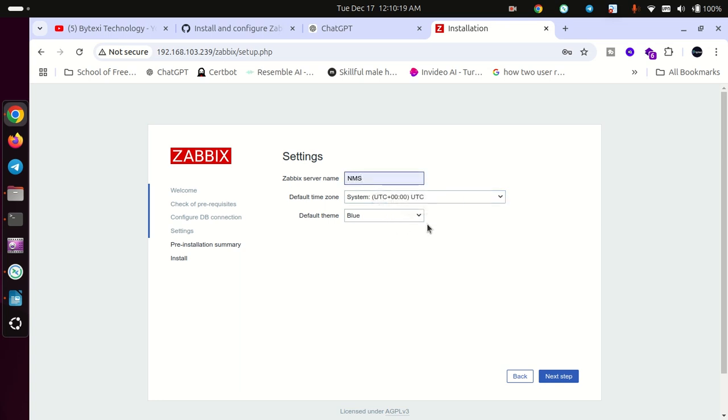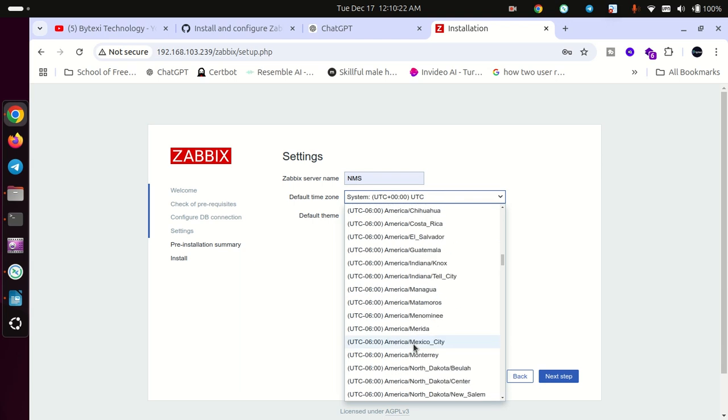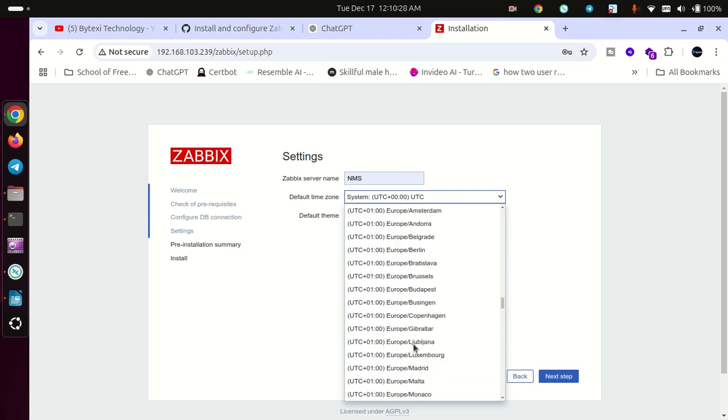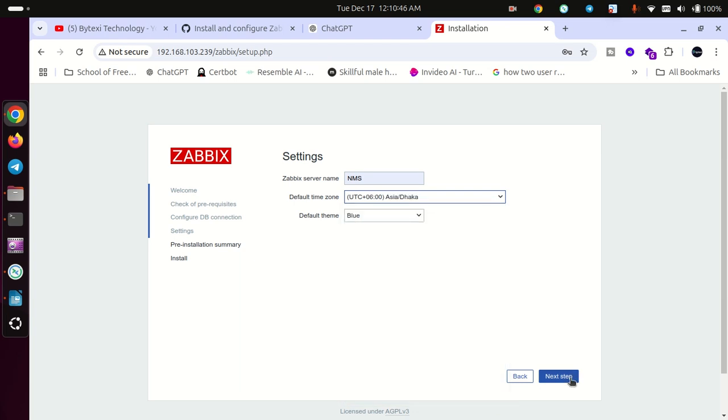Zabbix server name is NMS, time zone, set it to Asia/Dhaka. Where is it? Yes, got it. Theme, you can choose anything: dark, blue, high contrast light, high contrast dark. I will choose the default theme, the first one, then next,